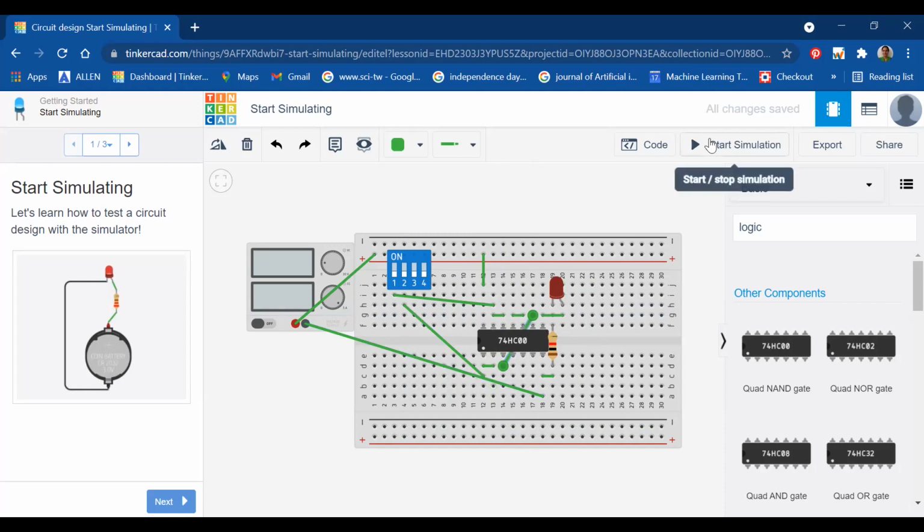So let's start the simulation. Here you can see when 0, 0 is there, output is low, 0 is the output. So let me make it 1, 0, it's high, 1 or 0 means 1. Let me make it low and then make it high. So this becomes 0 and 1, again output is high. And lastly let me make 1 and 1, again the output is high. So that means this gate is acting as the OR gate. You require 3 NAND gates to act as an OR gate. So now we are going to go with the next gate.